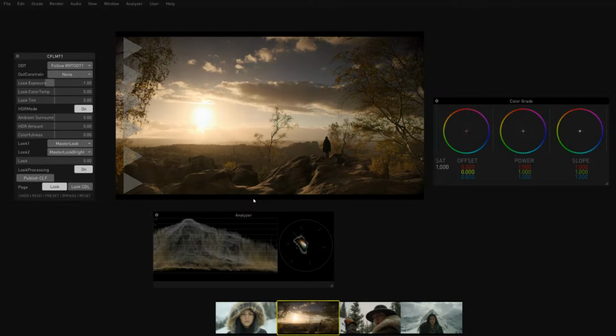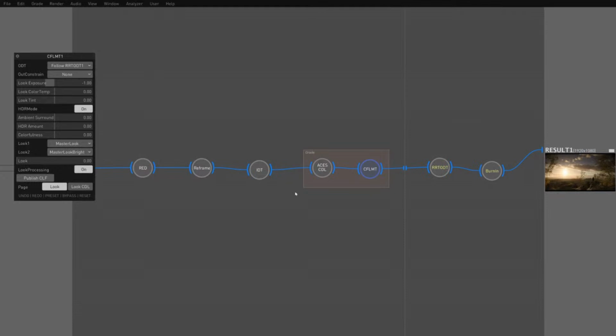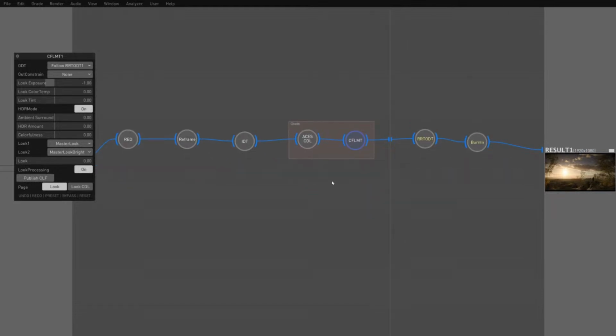So either a RED log, the not pretty picture, the scene referred data that we kept referencing earlier today. And so there's going to be your version 1, which is your original log, and then we can put this right back in on top of it as a version 2, which is your SDR master. So your producer can watch the SDR version. And if you wanted to deliver an HDR version, we could also do that, where you'd render out an HDR and an SDR simultaneously. We can actually do a lot of renders simultaneously.